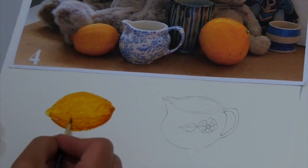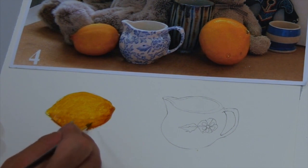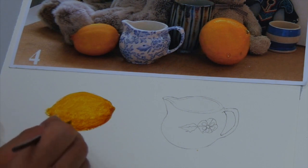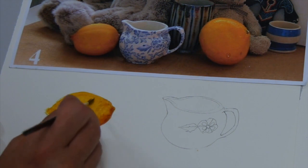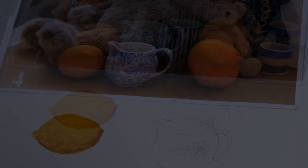Some people, when they're doing the orange, will try and dab a little bit instead to try and create the texture, because both an orange and a lemon have quite a dimpled surface, and you build up the colours like that. So what